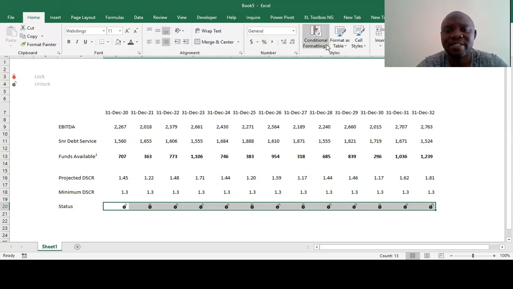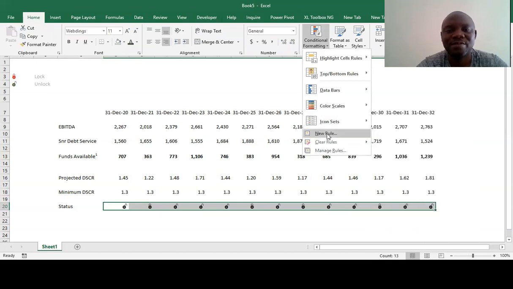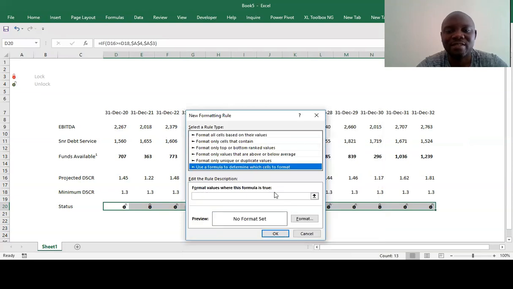So go to conditional formatting, or go to new rules, or pick this.